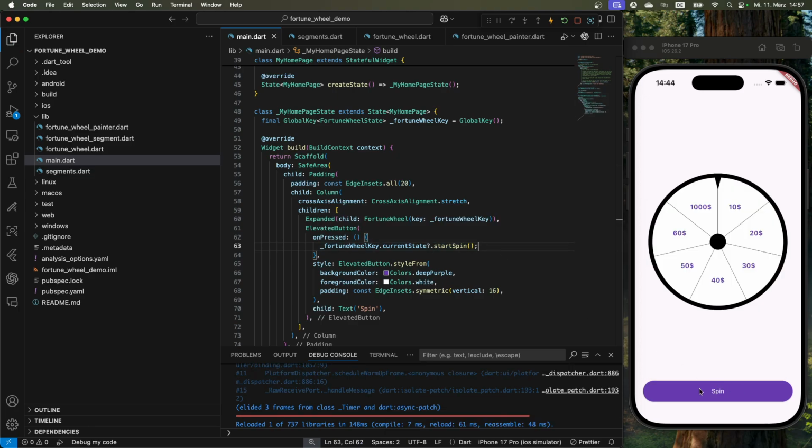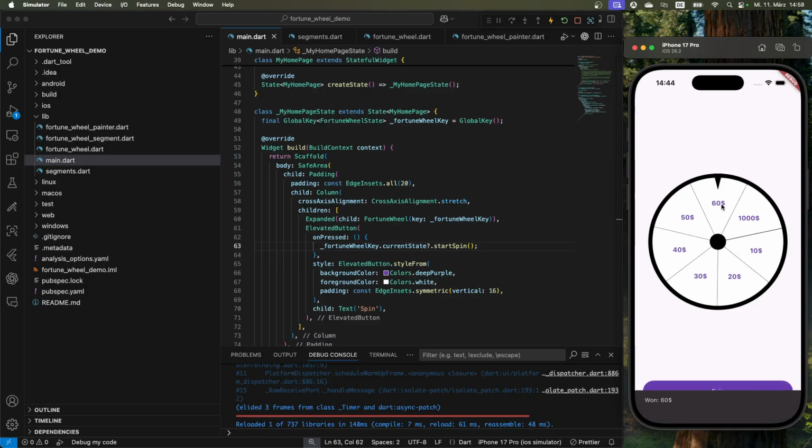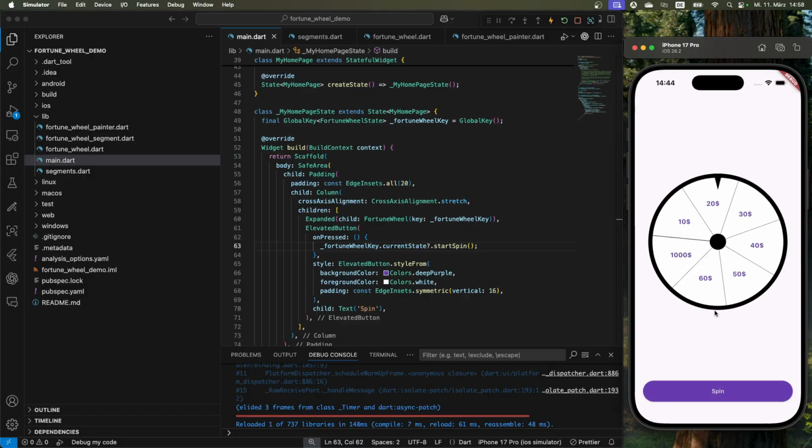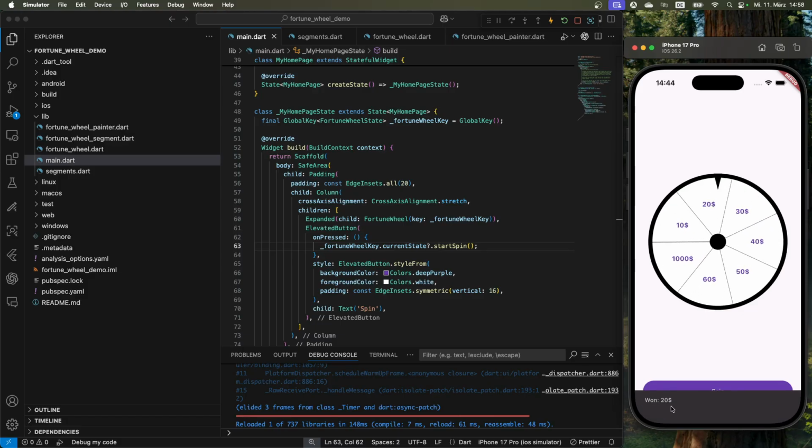And if we now press the button, you can see our fortune wheel will spin. It stops at 60, and you see we won $60. Now we do it again, and it starts at 60. That's quite nice. And it stops at $20, and we won $20. Perfect. And if you followed the steps correctly, I would say you now have your own self-made fortune wheel in